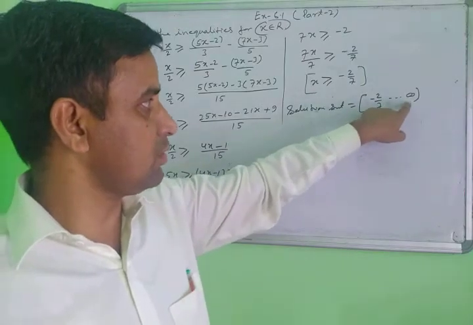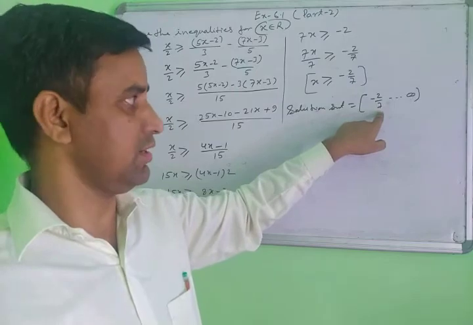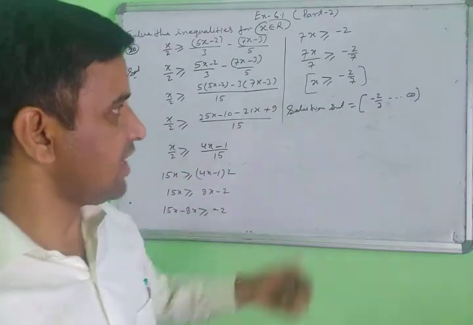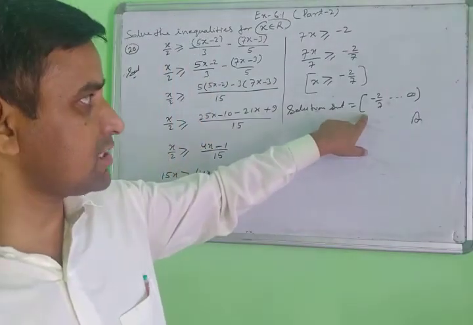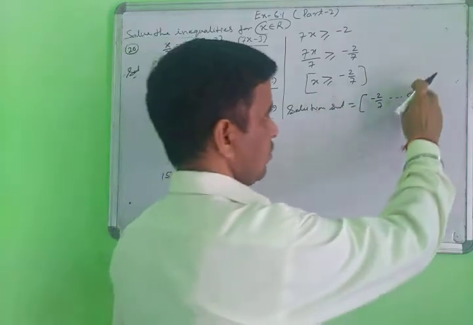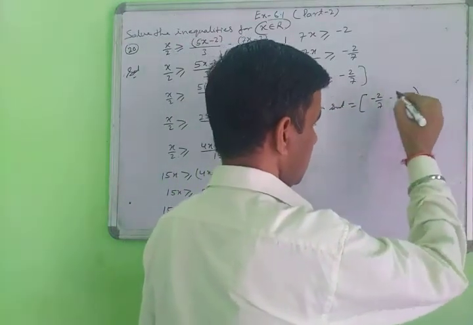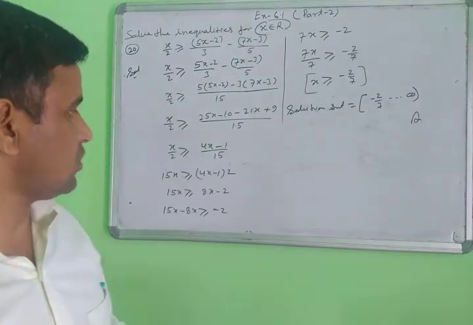The positive value means positive value is infinite, or minus 7 is the lowest value here. So then you can find your answer in this way. This is the closed interval because we use the equal sign here, and this is the open interval. This is the open interval symbol. The infinity is not included here. Then next question.